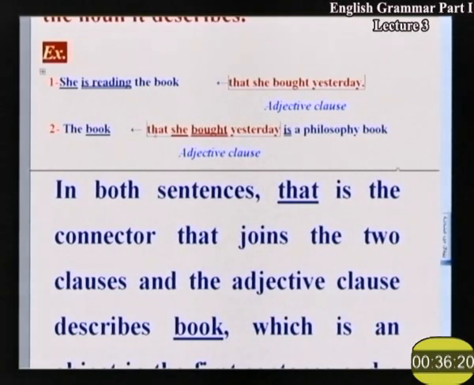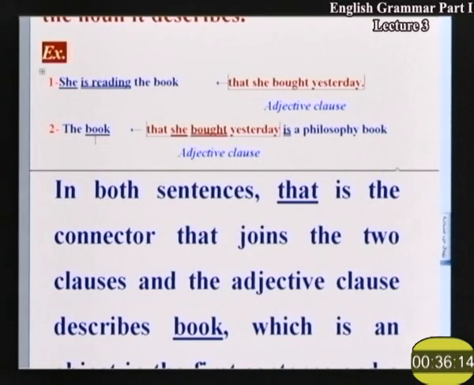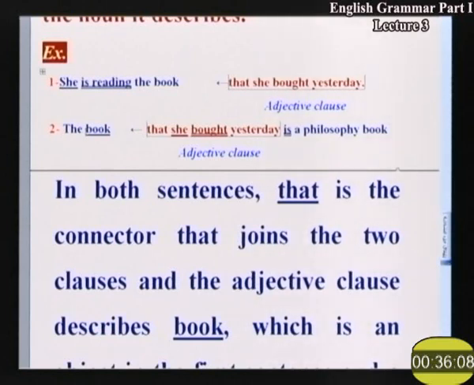عندي connector وعندي a clause coming right after the word book. يبقى that she bought yesterday بتوصف ايه؟ بتوصف كلمة book. It's an adjective clause qualifying the word book. طيب فين المين sentence بتاعتي؟ The book is a philosophy book. Alright؟ طيب